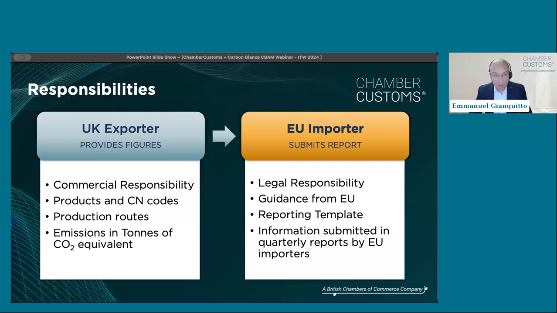And it's not a straightforward thing because, as we like to remind people, this is a tax return. There are clear regulations that must be followed. And so there is a lot of confusion going around on who needs to do what. So that's why we like to clarify. We have to provide information and the EU company needs to report them.